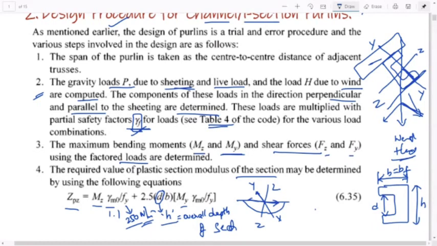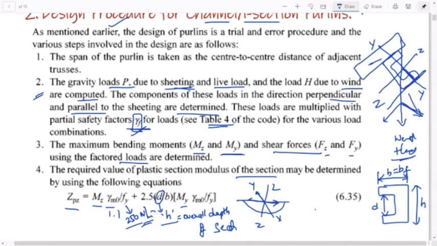So you may get a doubt here. In order to calculate Zpz, you need to know what is d and b, that is, overall depth and the width of the section. But till now, I don't know what section I am going to use. Circular, or channel section, angle section, or I section. Of course, since I am following this procedure, it is going to be channel or I section. So what is the section? Okay, channel section I have taken. So what the depth and the width are going to be, I don't know. Still, I did not decide what section I have to use.